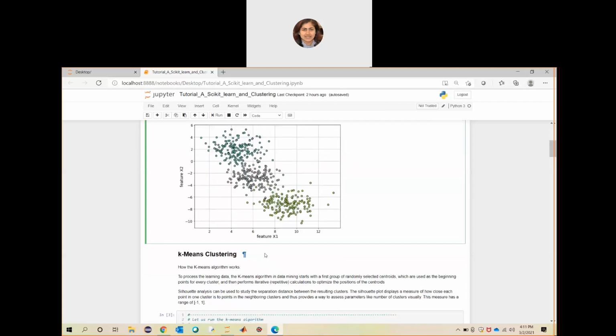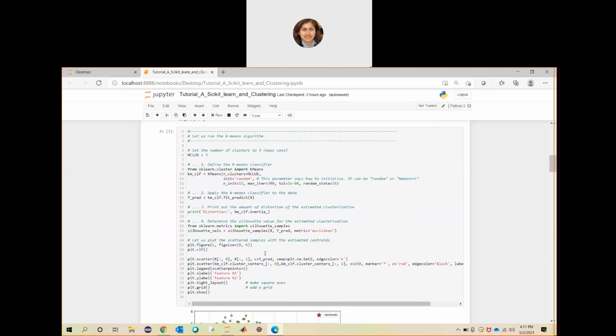Now let's see k-means clustering. If you remember how the k-means algorithm works, it mostly does our clustering operation.